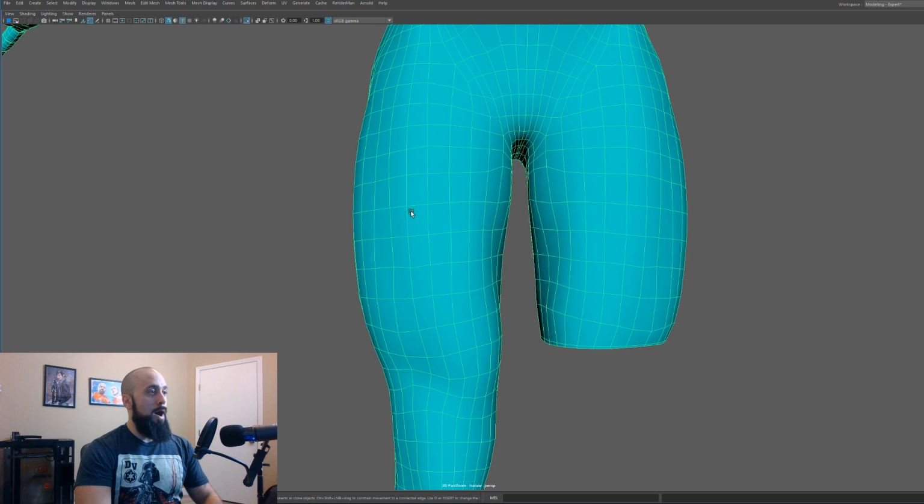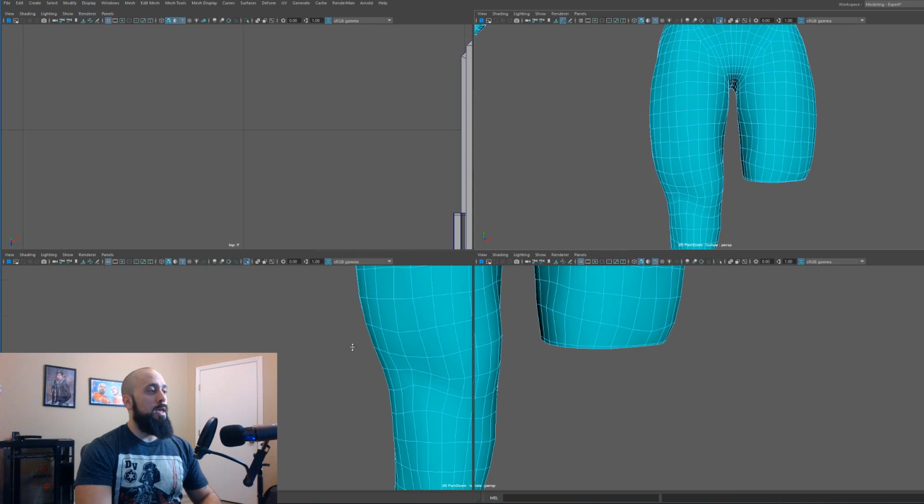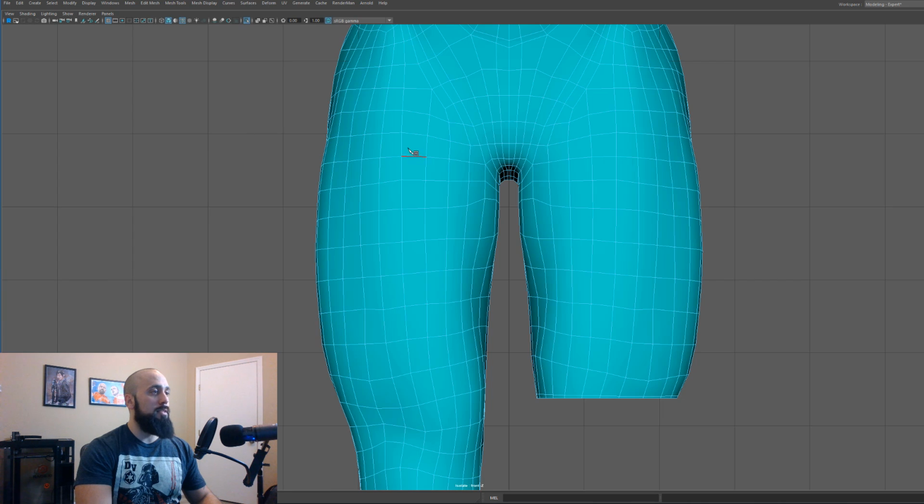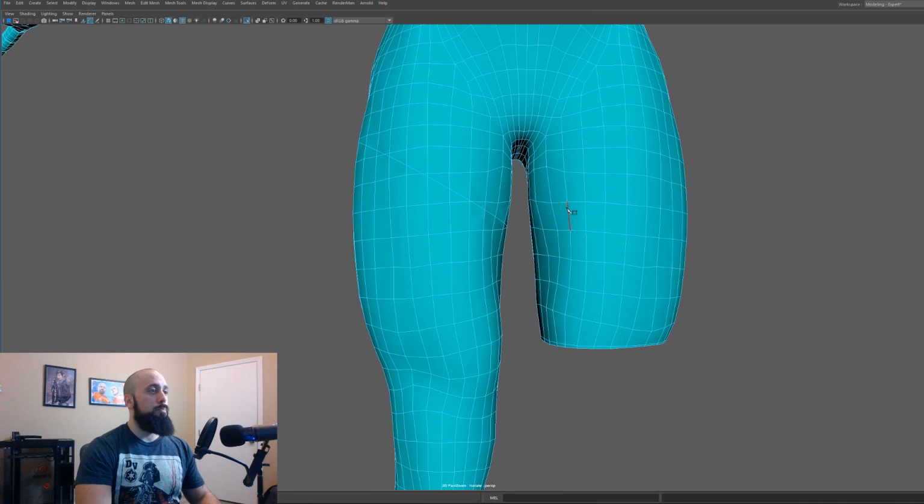I'm going to get out my multi-cut tool, and I'm going to jump here in perspective. I'm going to jump here in the front, and I'm pretty much just going to draw the angle that I want that rope to be. So maybe something like this. I'm going to hit enter. Now you see that I have that new edge loop. I'll go back here to perspective,